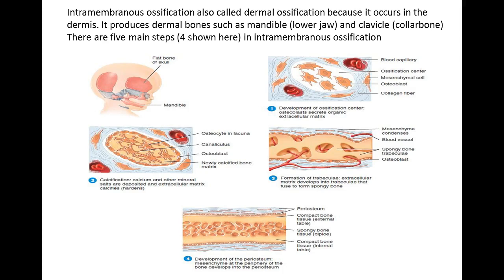The second kind, intramembranous ossification, is also called dermal, because it develops in the dermis. We've talked about the dermis already, and what happens is you have osteoblasts that come out of mesenchymal cells. And this occurs in what's genetically predetermined as ossification centers. You have blood already in the area,